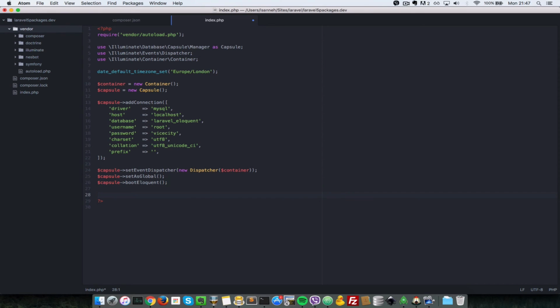Okay, so we have set up Eloquent, and we have created a database for it. Next what we need to do is create a model so that we can test out whatever we have in this file here, whether the setup is correct. So let's create one class, which is the User class. Let's say class, and we're going to call it User, and it's going to extend the